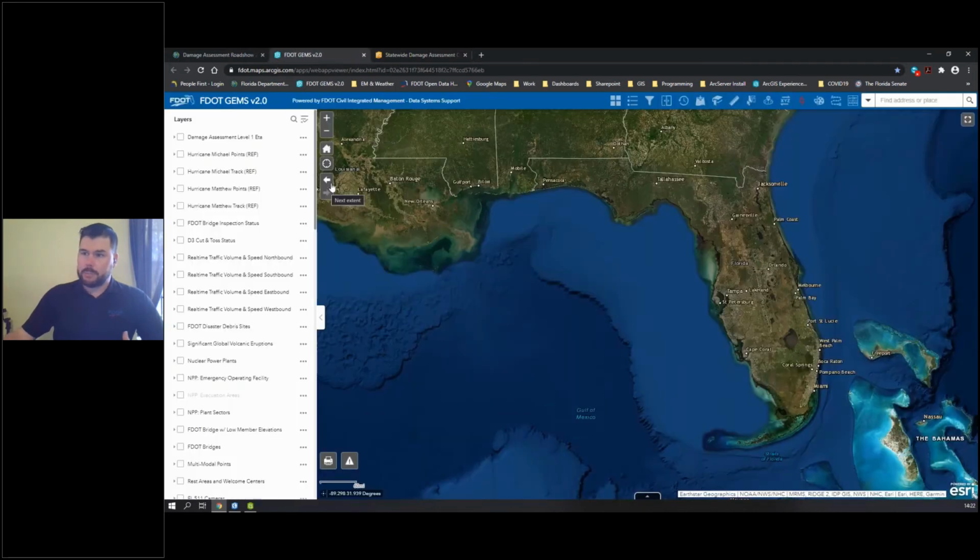Well, we have our GEMS application, and our GEMS application is a geographic emergency management system. So it's one of those catch-all applications where you chunk every bit of information that you can into it to generate as much situational awareness. So you can see the first layer that we have in here is our damage assessment level 1 ETA, which allows us to navigate throughout the whole state and look at all of these layers or all these points in